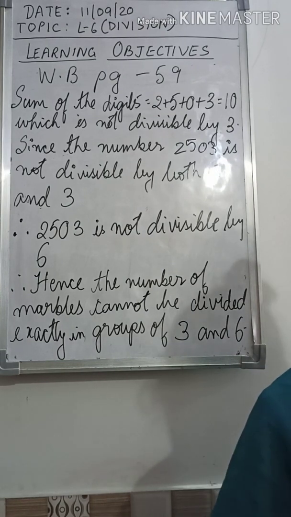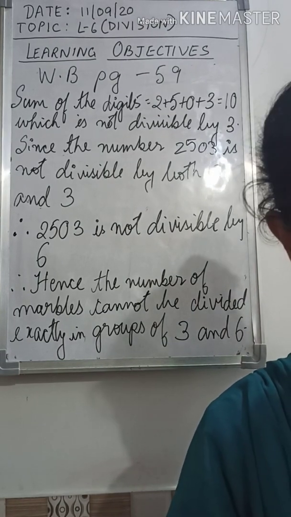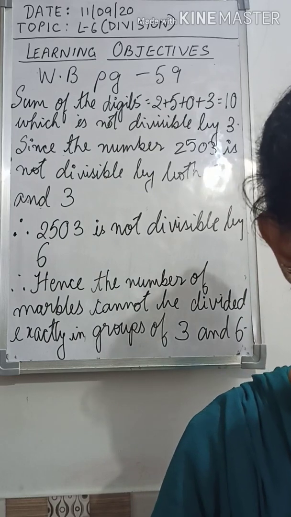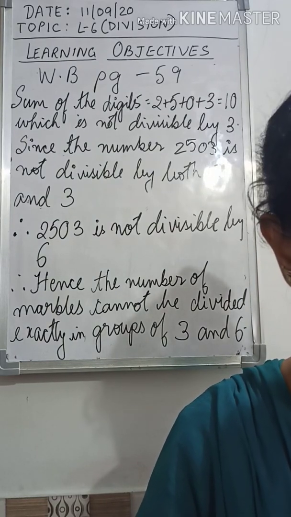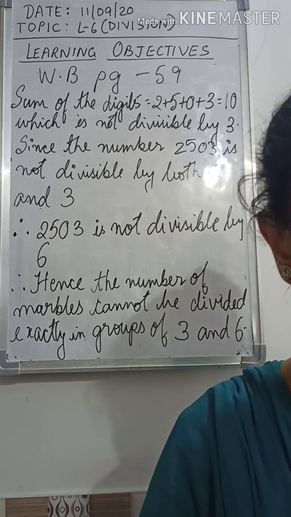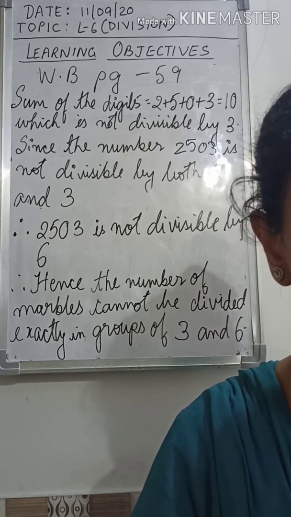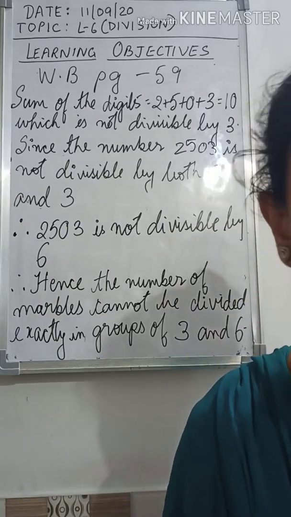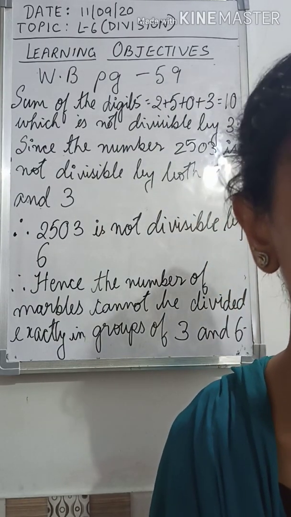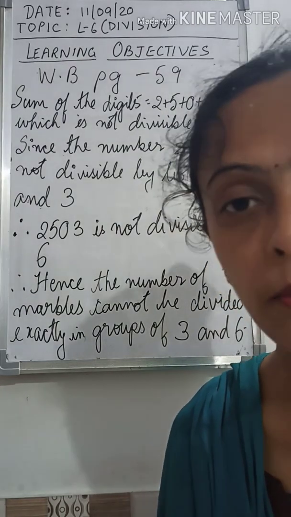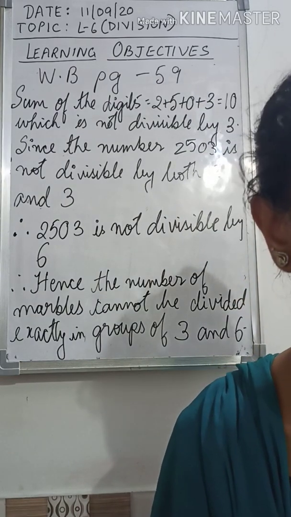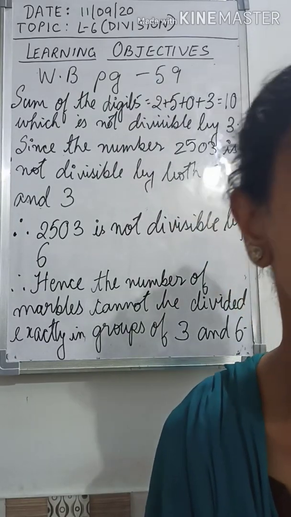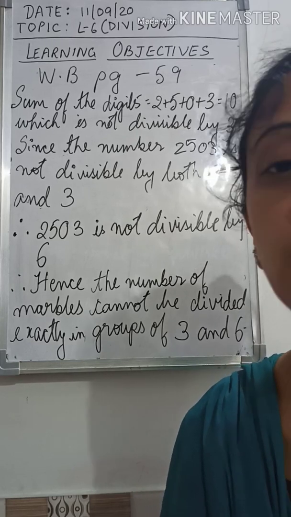Okay, so you do this for your homework, question number 18. How are you going to write it? Your statement will be: amount distributed equals 7,893. The second statement: number of persons among which the amount is distributed is equal to 9. Then the sum of the digits equals 7 plus 8 plus 9 plus 3. You add it and see how much you get. If you get a number which is divisible by 9, then the whole number will be divisible by 9. And if you are not getting such a number, then you are getting a remainder.